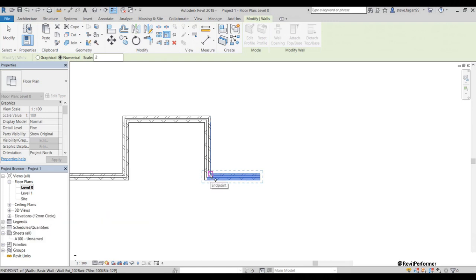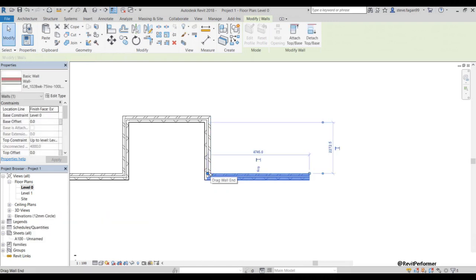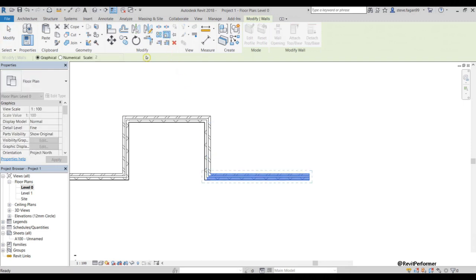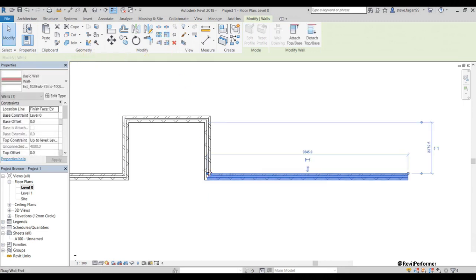If I use this as my start point, I'll click and my wall has increased in distance by a scale factor of 2. So I wanted to double this again. Again, I can click on scale, numerical, scale factor 2, and my origin. And again, it's increased in length by 2.